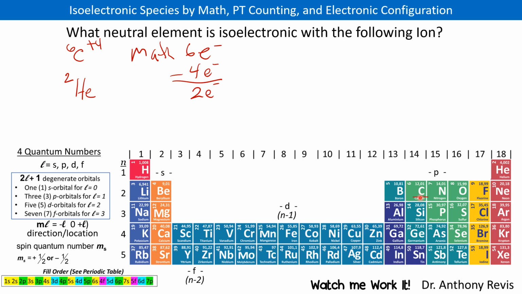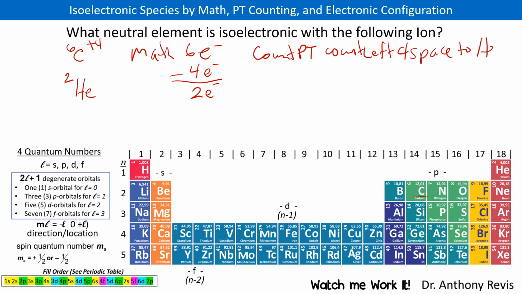So we have carbon here, and we count backward for oxidation, to the left, 4 blocks or 4 spaces back. 1, 2, 3, 4. That means we're basically removing 1, 2, 3, 4 electrons. We land at helium. So if I do counting on the periodic table, I just count backward, count left, 4 spaces,